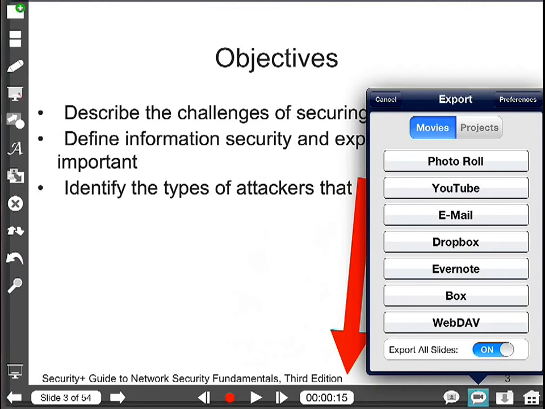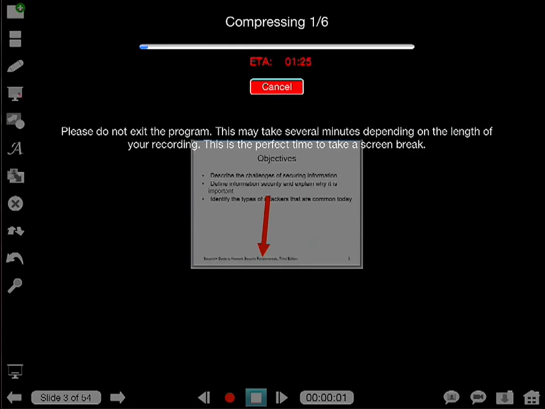So for this example, I'm going to go ahead and just show you how to, for instance, send it to a Dropbox account. You'll notice here it shows you a message that says, please do not exit the program. It may take several minutes. It's rendering the video and uploading the video to Dropbox. That was one of the reasons why I told you to